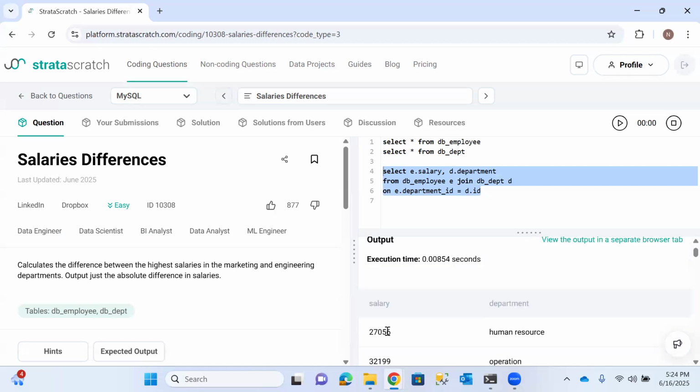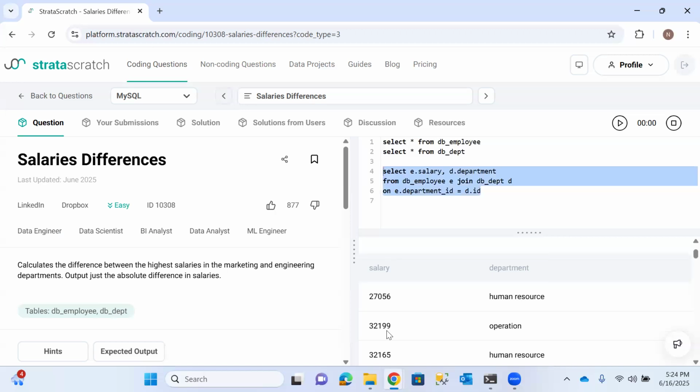So what do we have to do? We have to find out the maximum salary of engineering and marketing, and then we have to subtract those two, right? So how are we going to find out? So let's see. We are going to write down